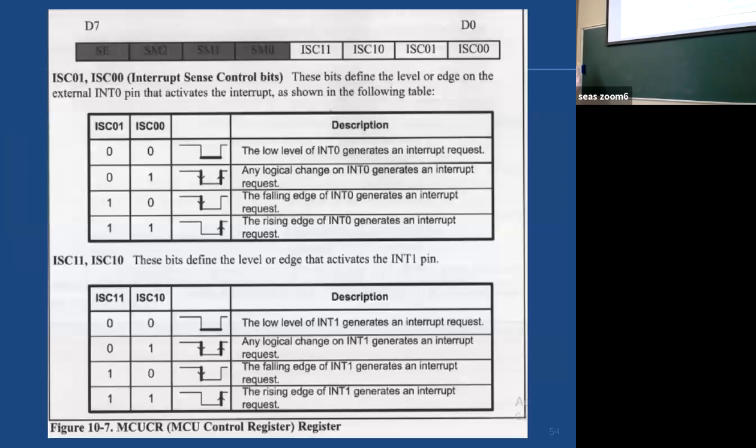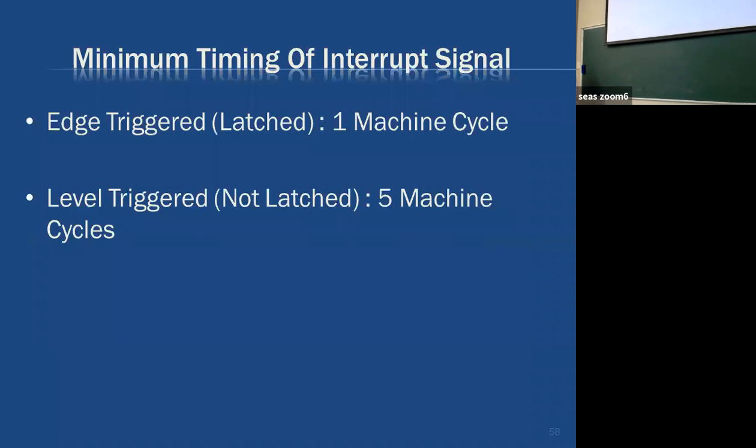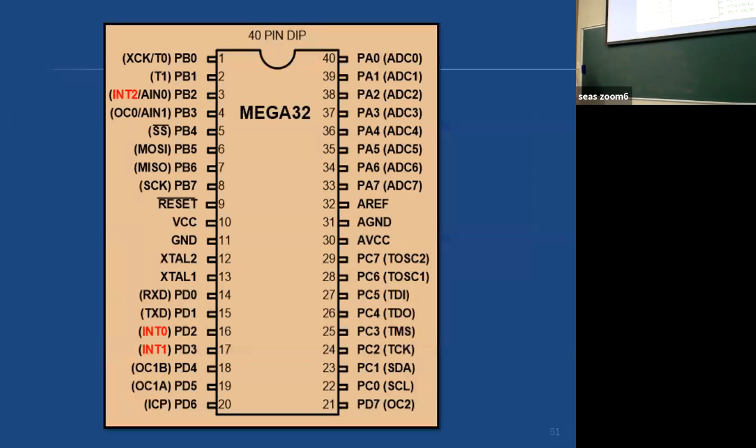Now the question is, what happens if you have more than one interrupt activated? Yes. Okay. So port D. So let us see, where is port D? Let us see the diagram. Port D pin number 0, 1, 2. This diagram? No.